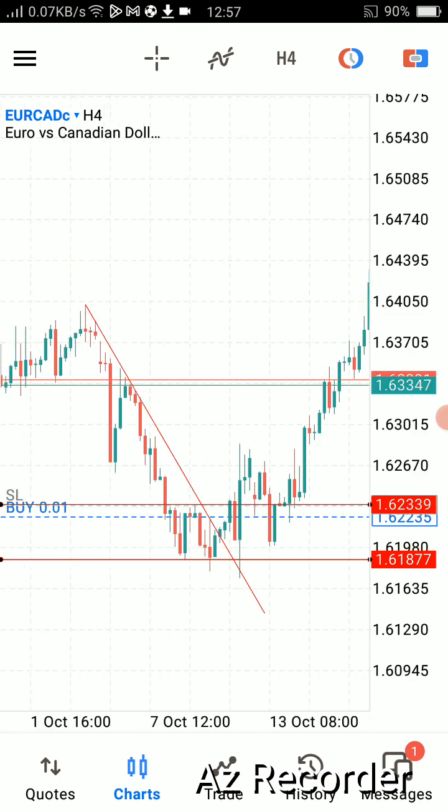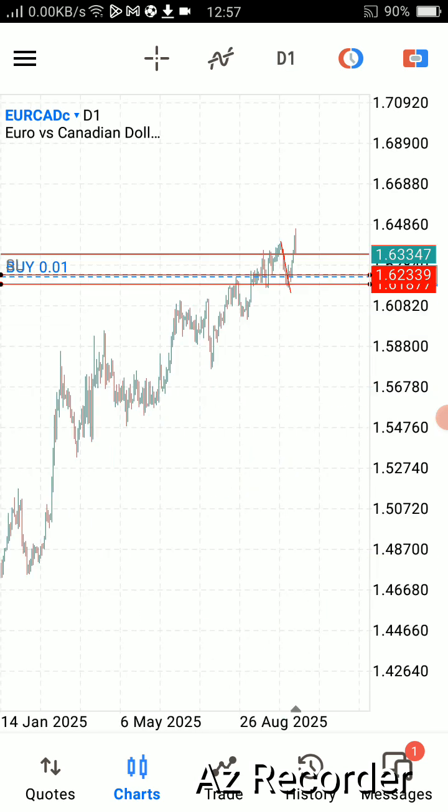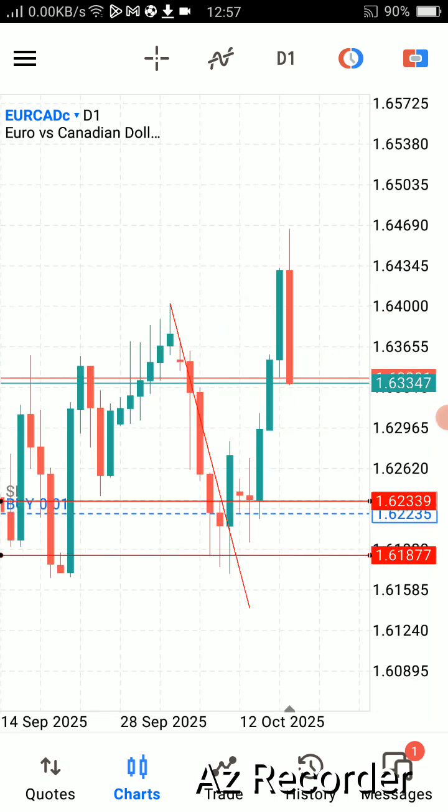As you can see here, I have this trend line. Why this trend line? If you go to the daily time frame, of course we can see that Euro Canadian dollar is long term going up. It's a bullish market. So I knew that